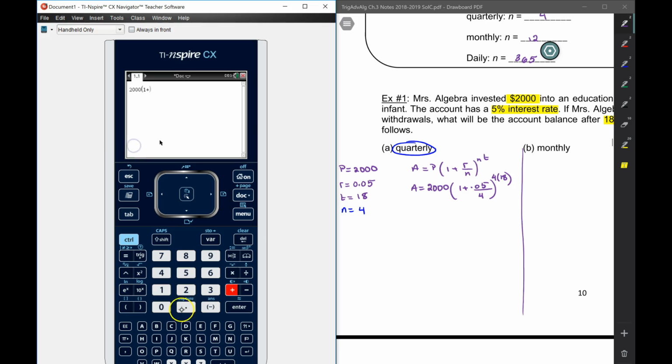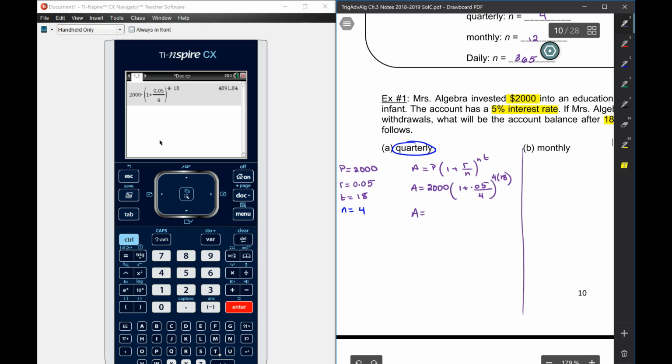1 plus 0.05 over 4, close parentheses here, to the power of 4 times 18. Right? Yeah, I get that. Okay, it has to look like this, right? So make sure that it looks the way you had it on your paper. So A is equal to